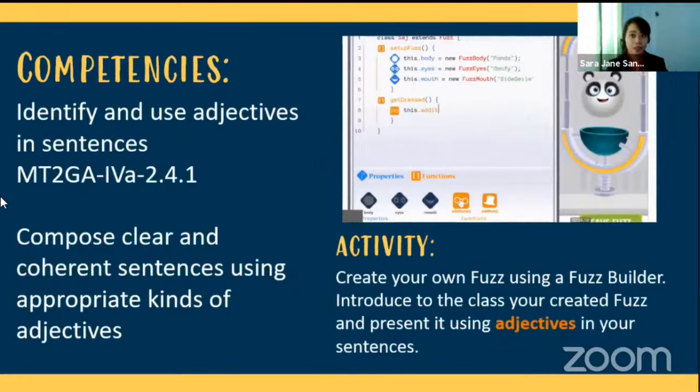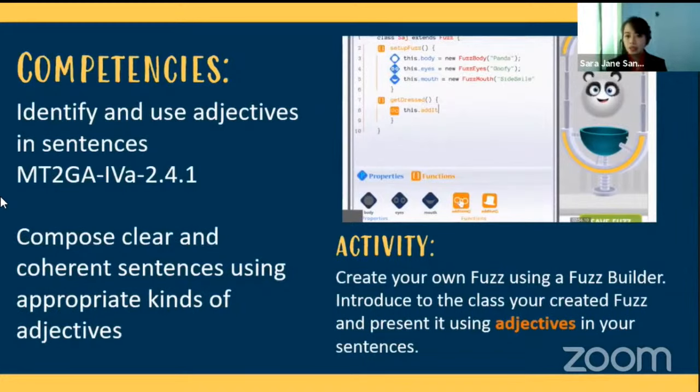Now in here, competencies that we have here are identifying the use of adjectives in sentences. So that one is from Mother Tongue Grade 2. And then composing clear and coherent sentences using appropriate kinds of adjectives. So yun yung dalawang competencies na pwede nating matap with this simple activity.